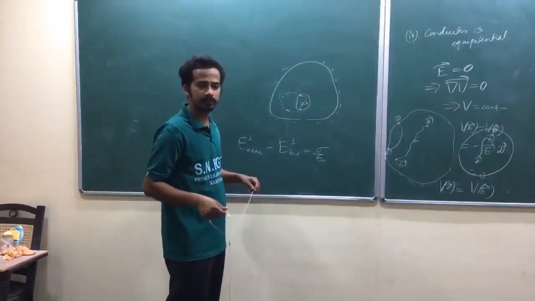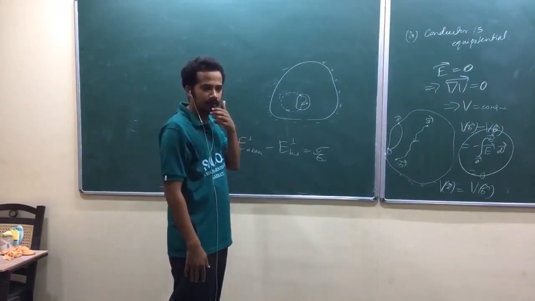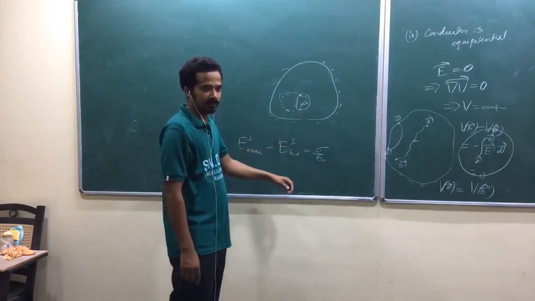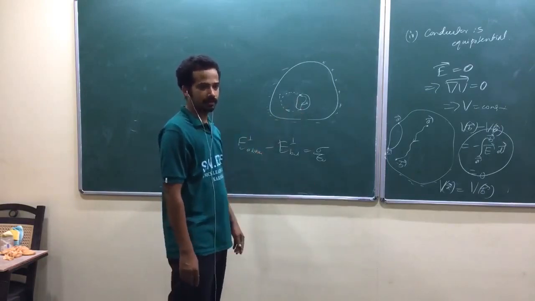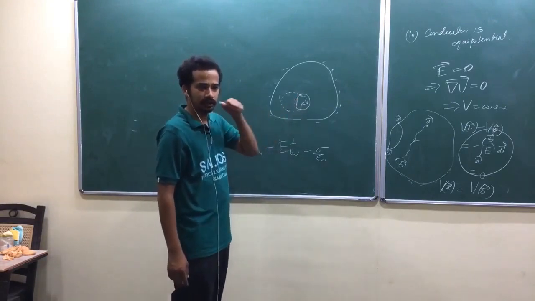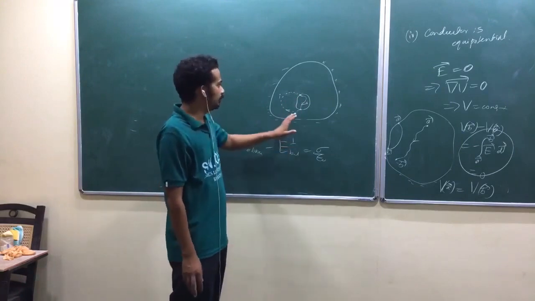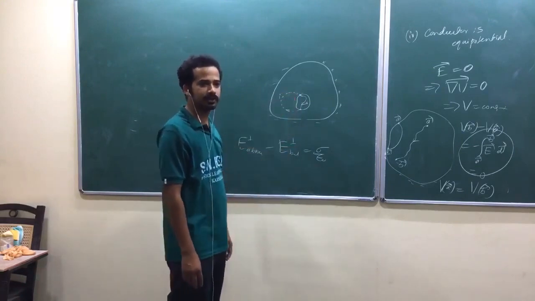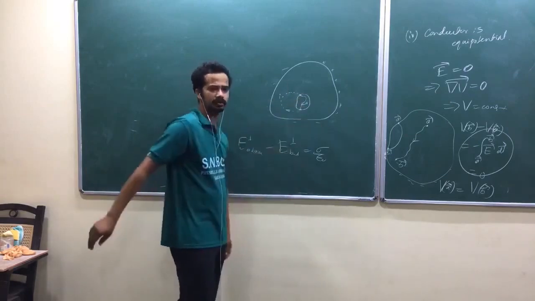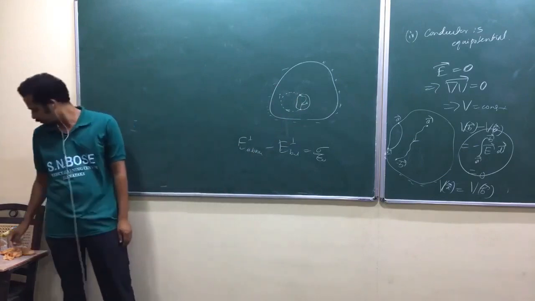Why surface charges? What's the question? Yeah, here why there will be, that's what I said. This way is a little difficult. You can't quickly argue that here surface charges are zero. Okay, that's very difficult to argue. Better to first argue electric field inside is zero. If there is no electric field, then there should be no charges on the surface also. Isn't it? There should be no charges on the surface.